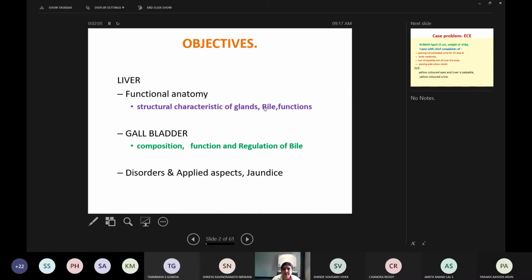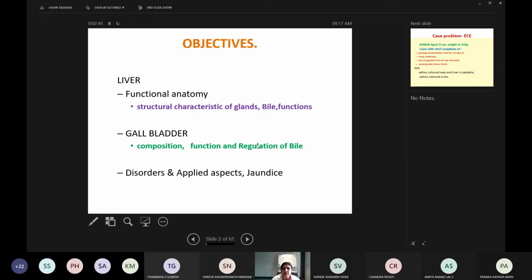And you should remember that when we study about the bile, two different types of bile we are going to study physiologically, because bile produced in the hepatocyte is different from bile that goes into the gallbladder, where it is stored and concentrated. So we will study with respect to the liver what the bile is and its function, and then again when we study about the gallbladder we will deal with the gallbladder bile and liver bile. So you should remember, same bile, but composition and its variations make us study it physiologically two different times.